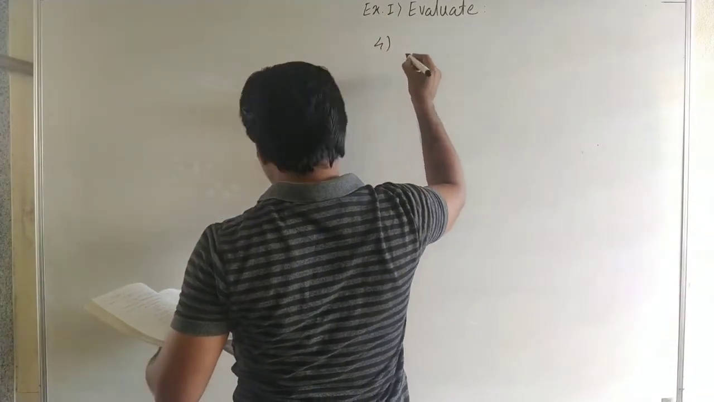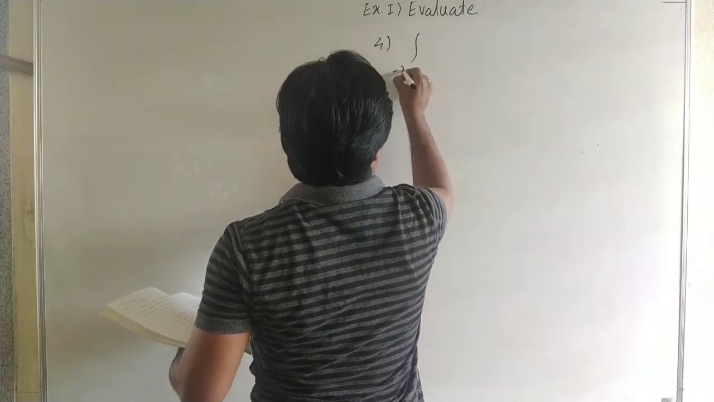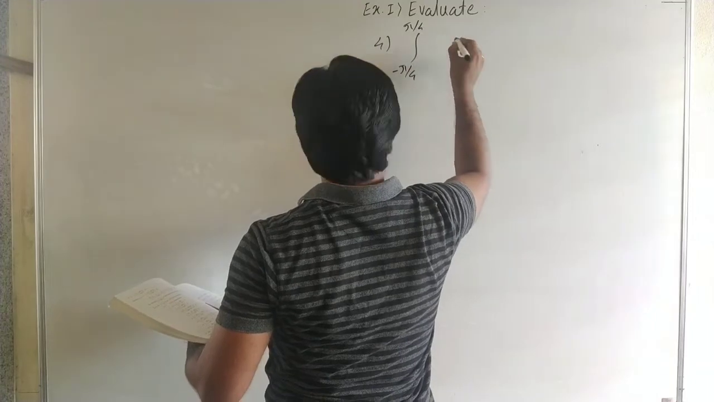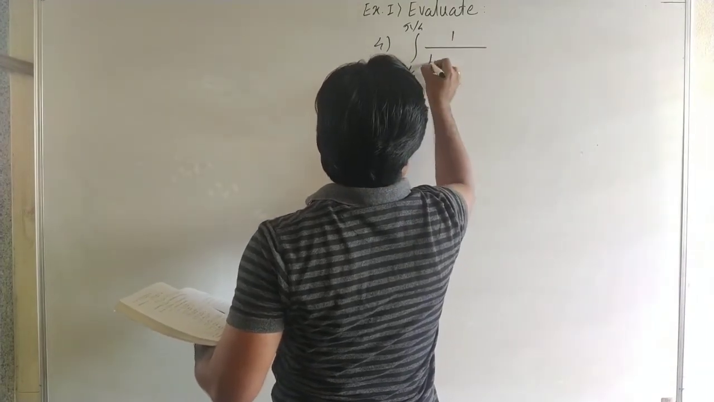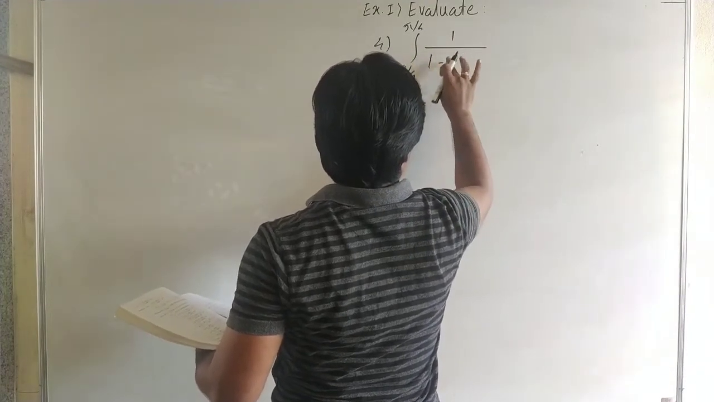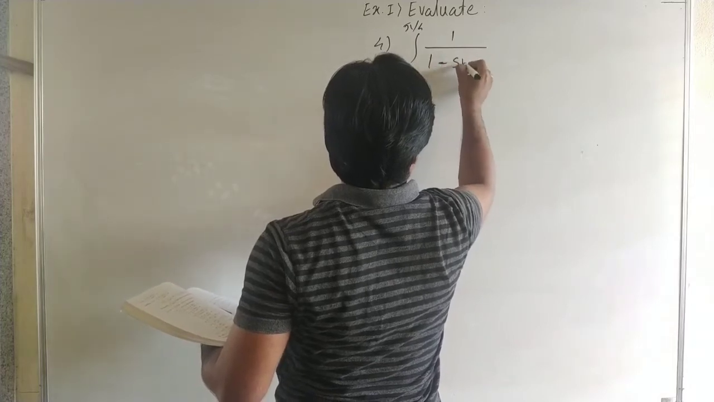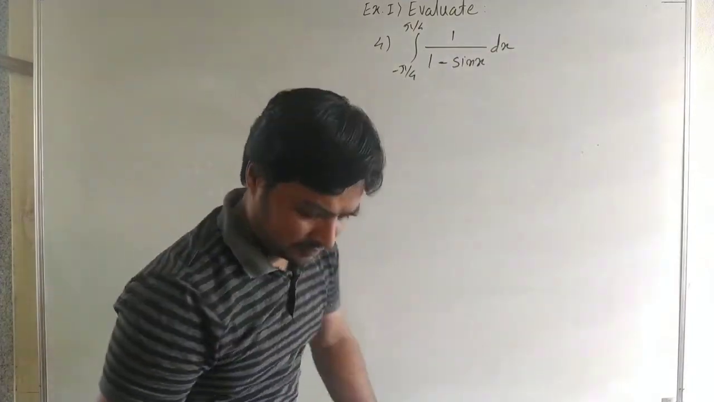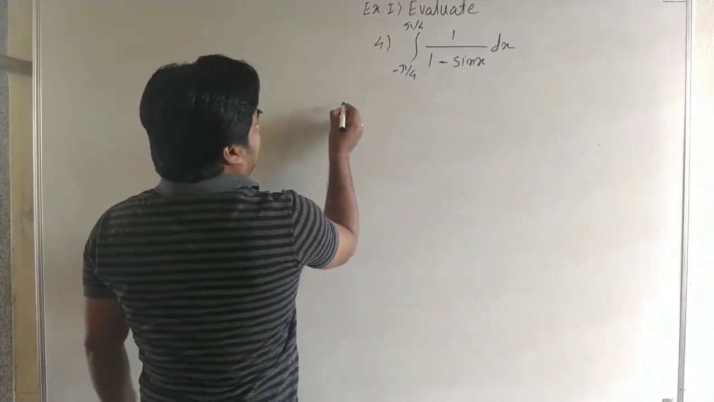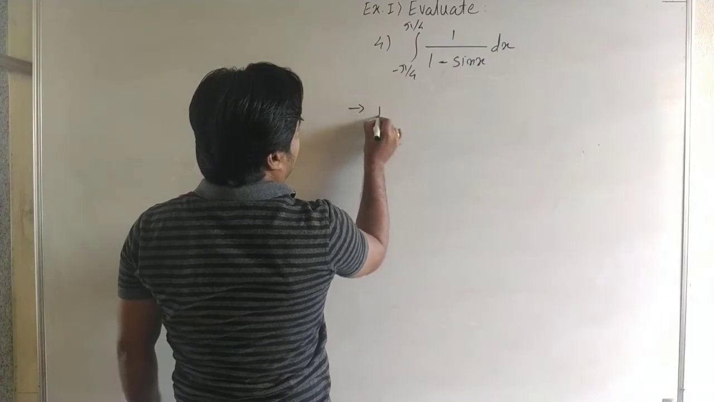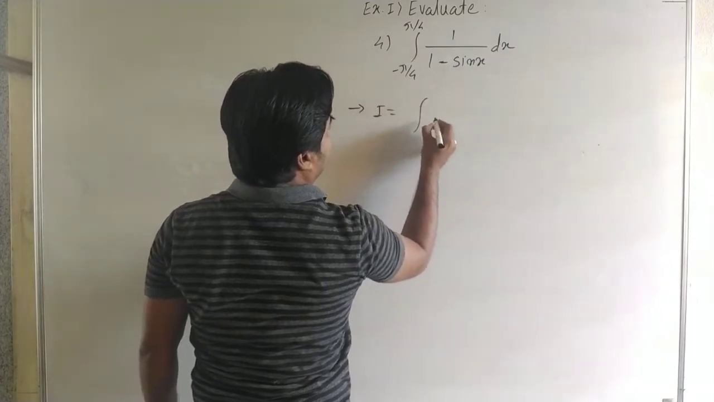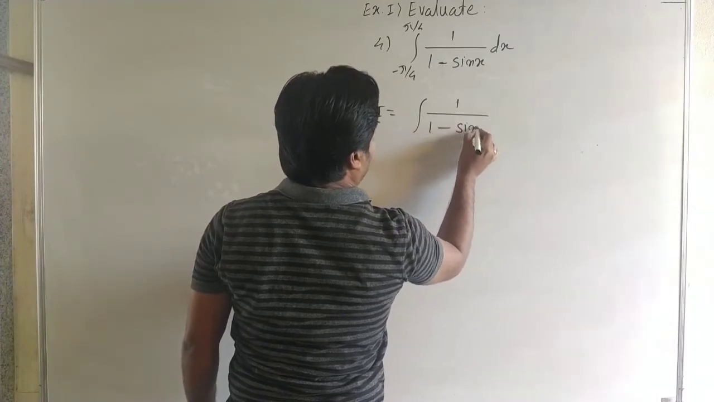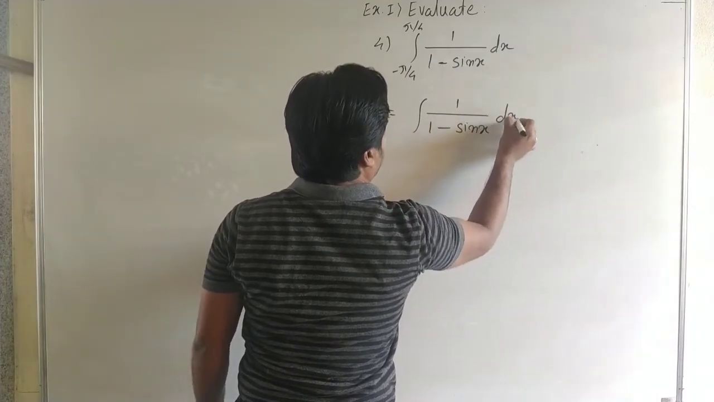Example number 4. Integral from minus pi by 4 to pi by 4 of 1 upon 1 minus sin x. Now the integral is 1 upon 1 minus sin x, and this example we have already done